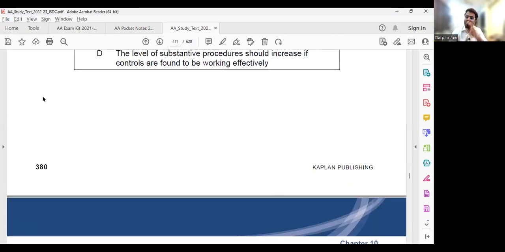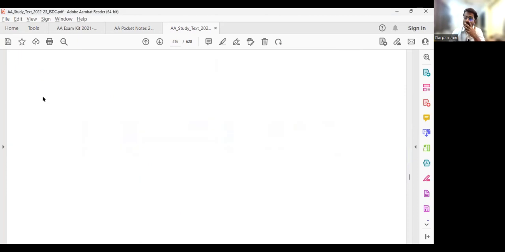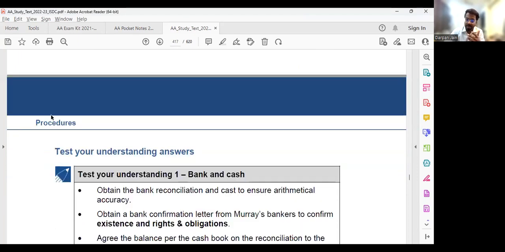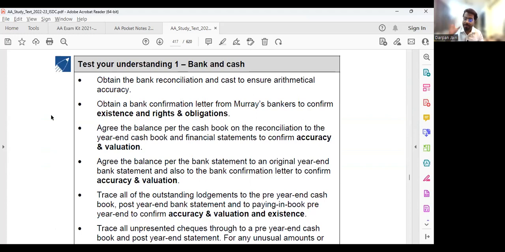The company has given you a bank and cash balance in the balance sheet. Now that bank and cash balance will have a breakup, right? You can first obtain the breakup of the bank and cash balance given in the balance sheet, to see what are the different multiple bank accounts which have been included with one particular client.